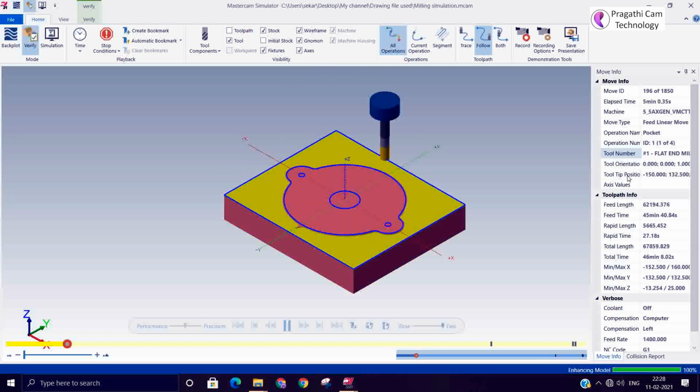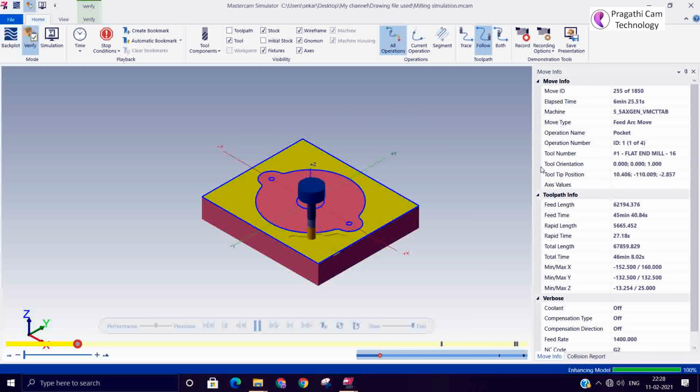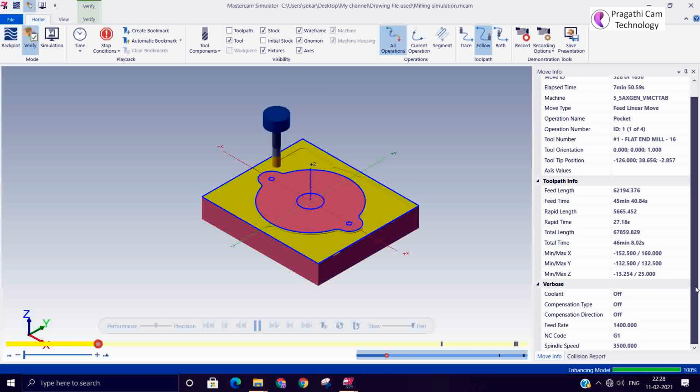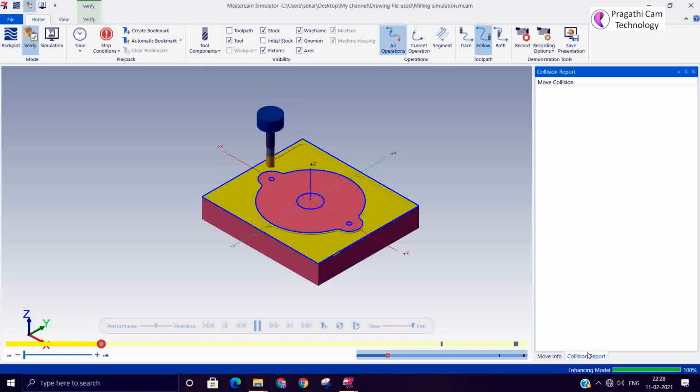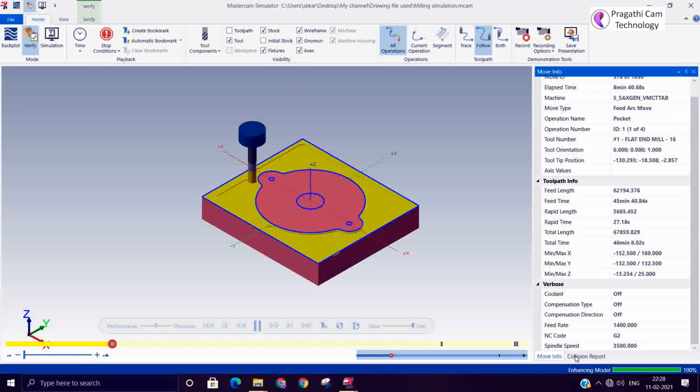You can see x movement how much, y movement, z movement, all the information. This is the total time taken. And the next one is the collision report. The collision report will tell you if anything goes wrong.